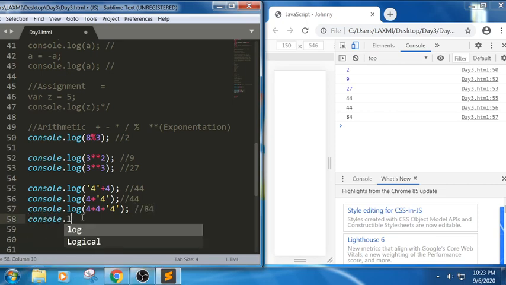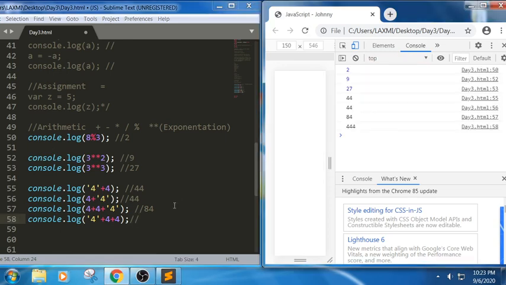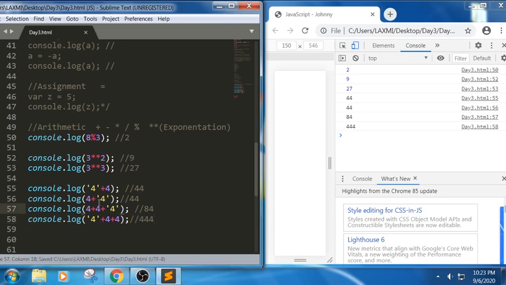When I am trying to write the same statement, see here, 4, again 4, again 4. Can you guess the output would be 444. See here. Always remember, whenever you are trying to perform an operation before a string, it will try to add, but after a string it will try to concatenate.